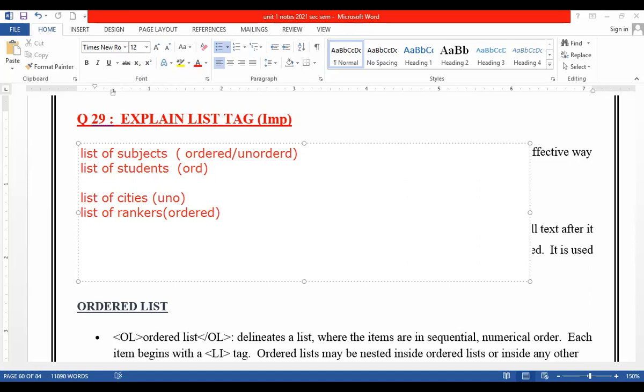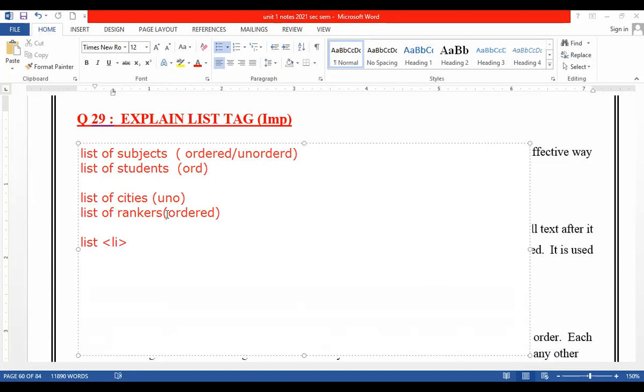So when you want to frame these kinds of items through code, you need a tag, which is called a list tag, right? So the syntax of the list tag is li. We are using a list tag by using li, right? Clear to you, right? Depending on different types, you can take different indents.